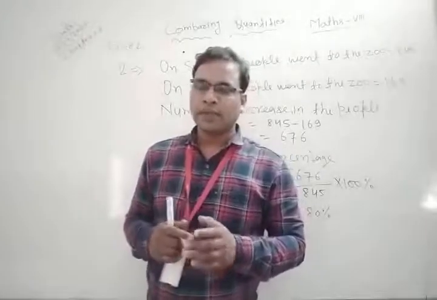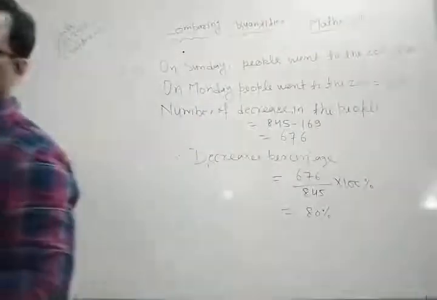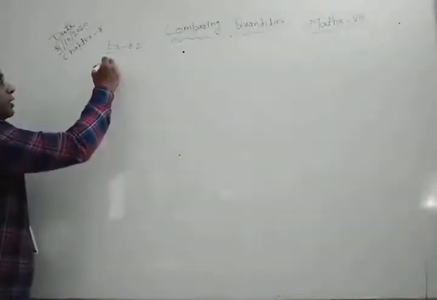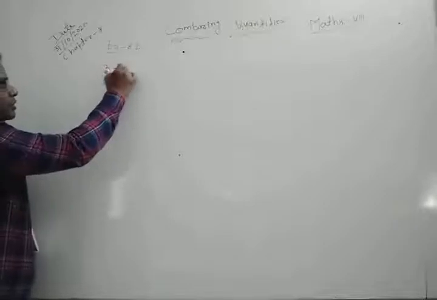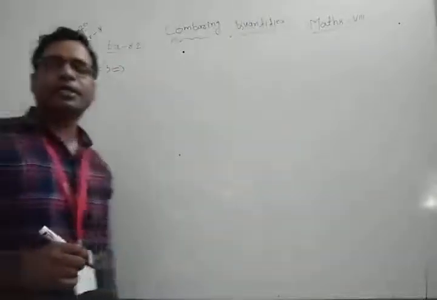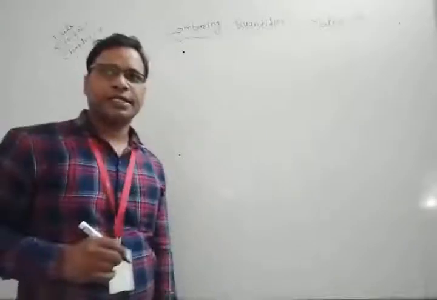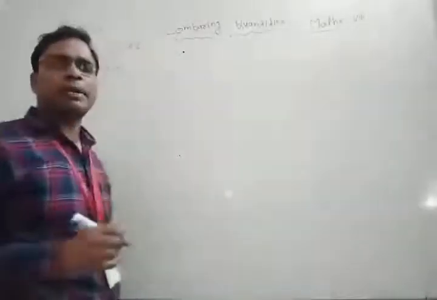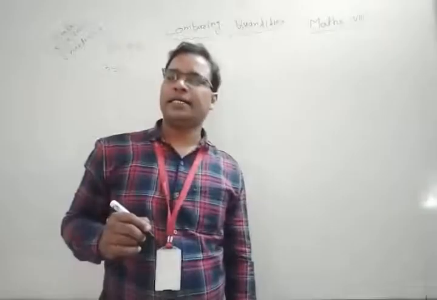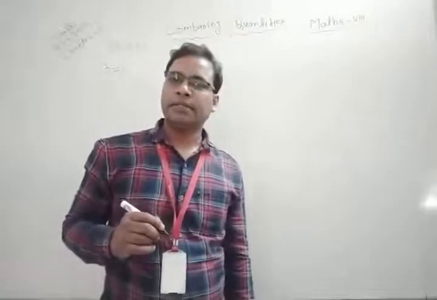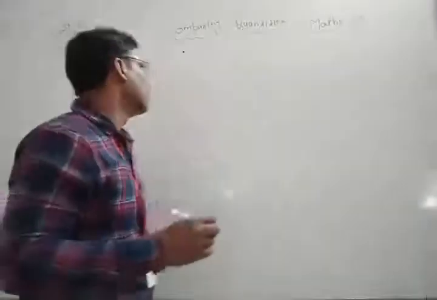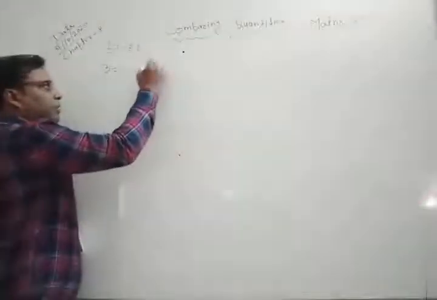Okay, so let's see how to solve this question. This is question number 3. In this question, it is given that the number of articles is 80. A shopkeeper buys 80 articles. So here it is given that the number of articles is 80. Okay, so write here number of articles.